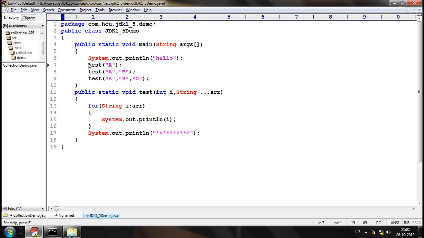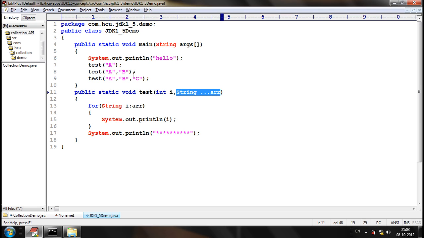Now will it compile successfully? No. Why will it not compile successfully? There is a varargs with string.